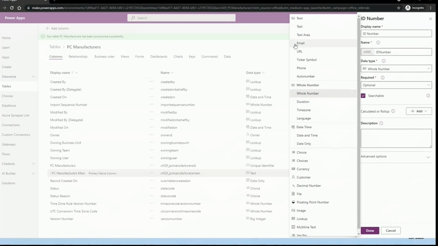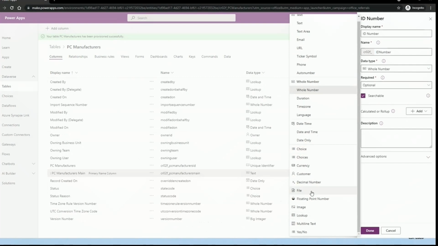For example, we have a text area, email, URL, and so on. We have a whole number, and you can see the different types of whole number. We have time, date and time, date only. And we have choices here, different things. We have currency, a lot of things that you can do here. Okay, so now